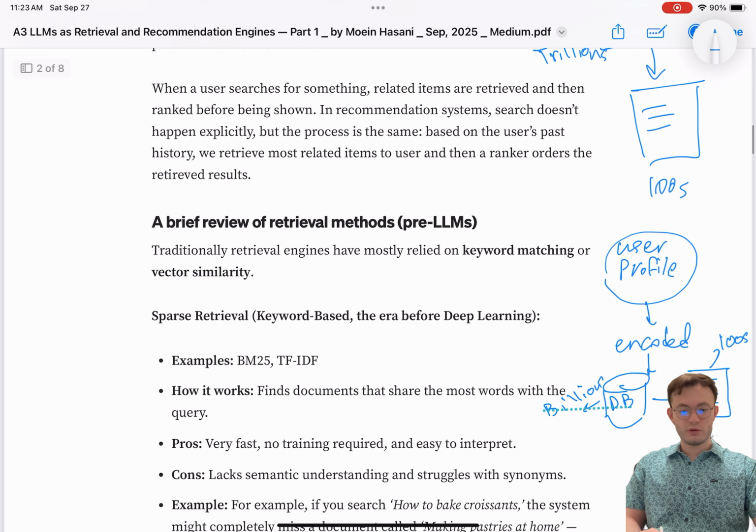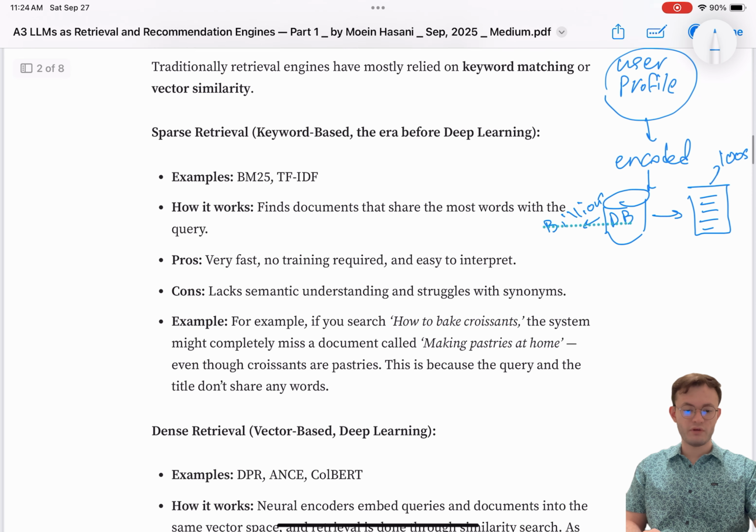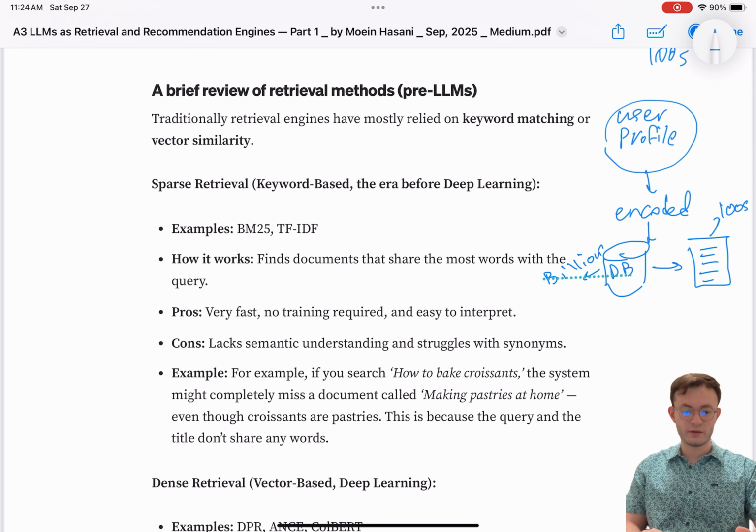Okay, so now that we know retrieval is essential for search and recommendation, we can look at a history of retrieval. We have older methods like BM25 and TF-IDF, and the idea of these methods was, using counting of certain important keywords that happen between the query and the documents, we will find the most relevant documents.